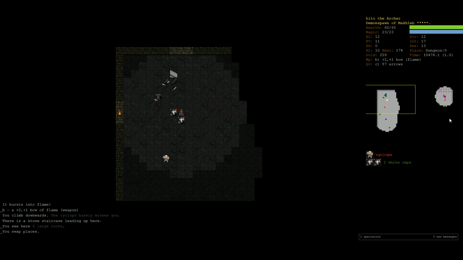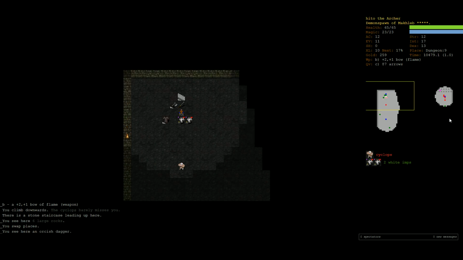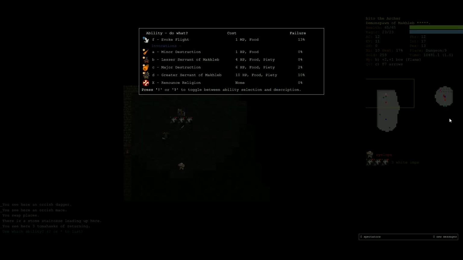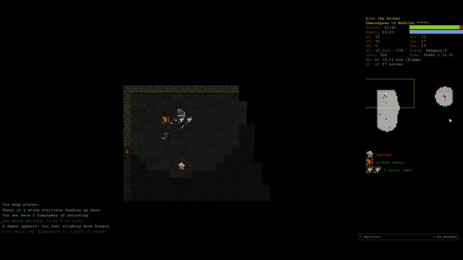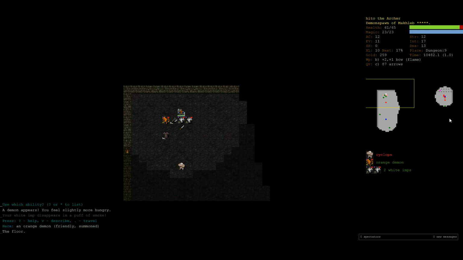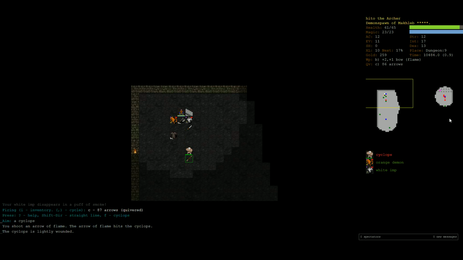But now we're getting some imps. I just want to get to the staircase. Imp Brigade. And let's throw in one more. Let's throw in... Who's this guy? An orange demon. He's venomous, which is good, because we can weaken our enemies. Alright. Now I just need to try to clear out...